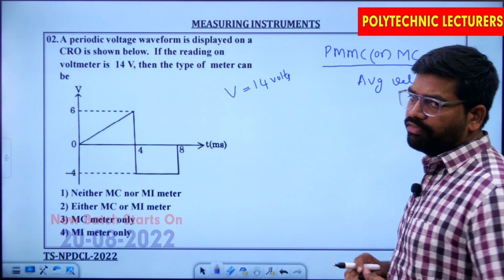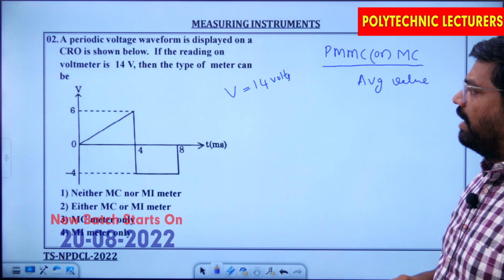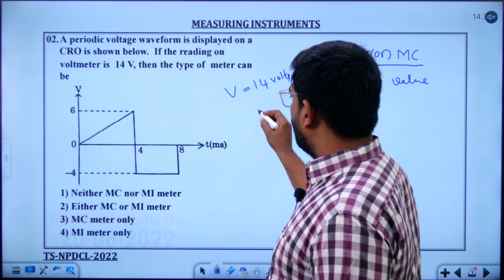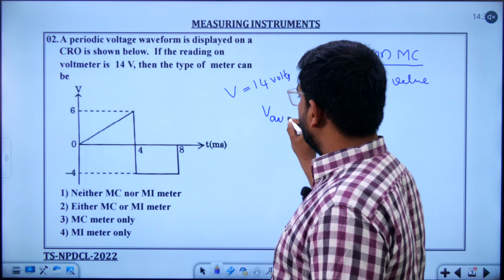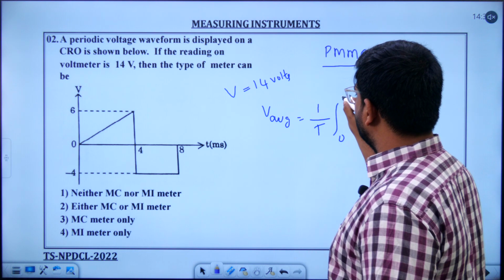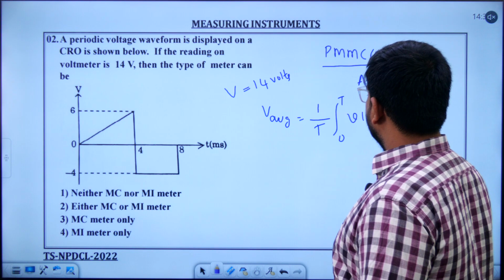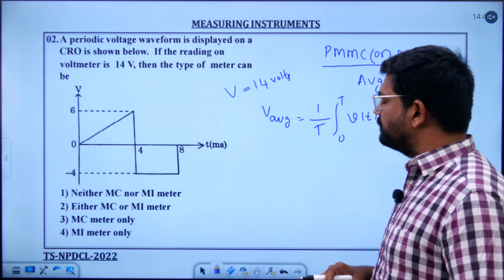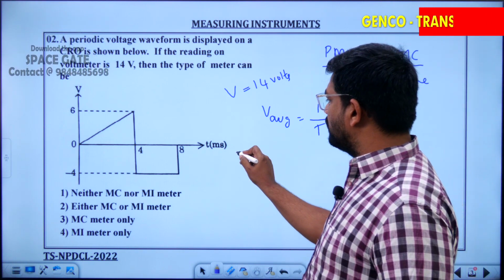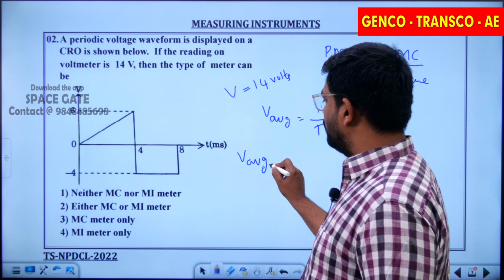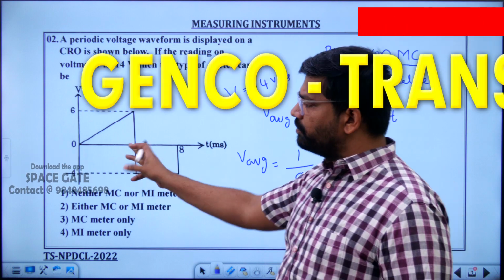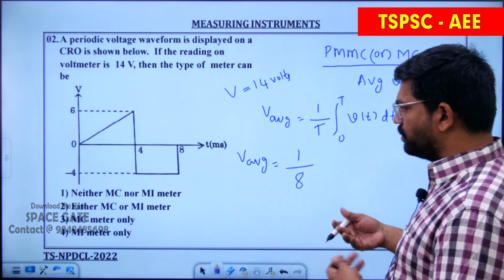Got the point? When any waveform is there, we should go with only the average value calculation. And if you look at this, how do we find V average? V average is 1 by the total time period, integral 0 to T of V of t dt, right or not? Like this we will be finding the average value. If you look at that, what will be the reading we get? The total time period is 8 milliseconds. The limits will also come in milliseconds, so I am not substituting milli directly.